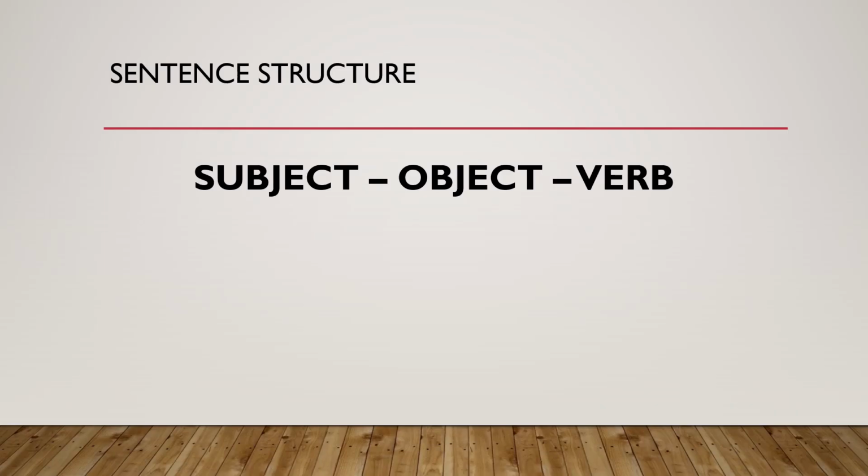And I'm sure it might be a relief to you to know that Japanese sentence structures are similar to the Indian languages' sentence structures. So today we've learned that Japanese sentence structure is subject, then object, and verb. So let's prepare a structure of some basic sentences for our practice.